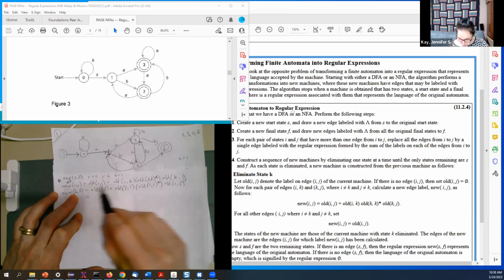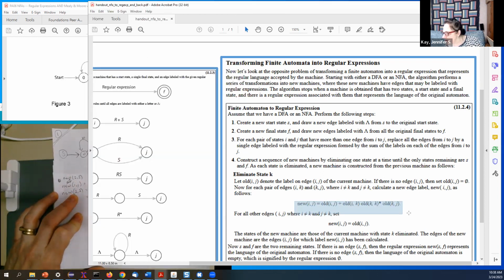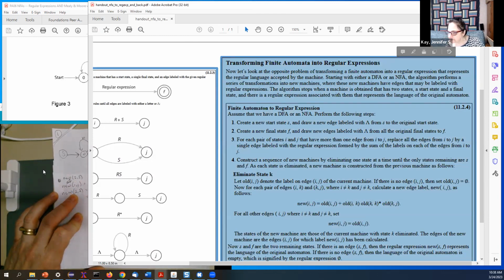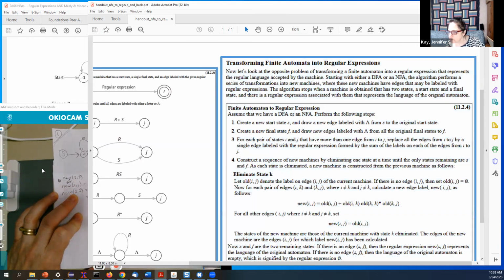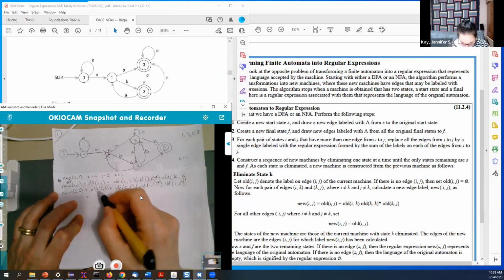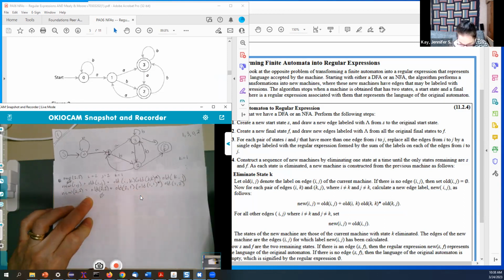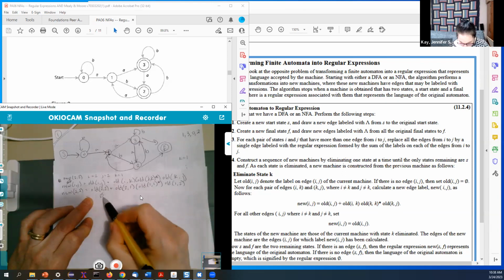So we have this equation that we got from over here, right? And now we're just trying to work it out. So we have the old 2 to 2. So the new 2 to 2 equals the old 2 to 2